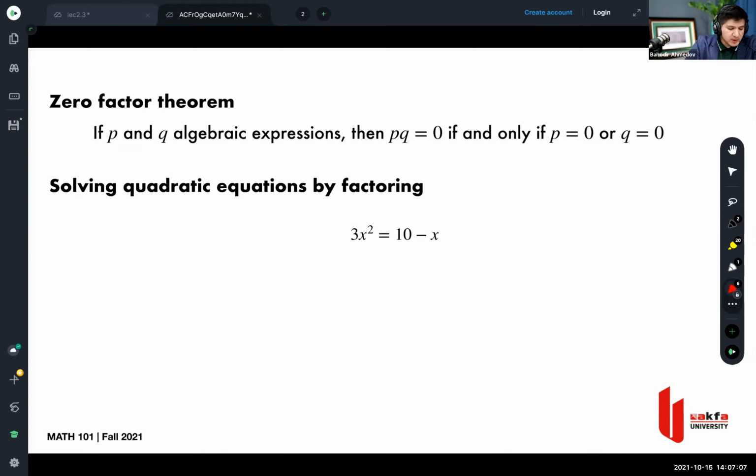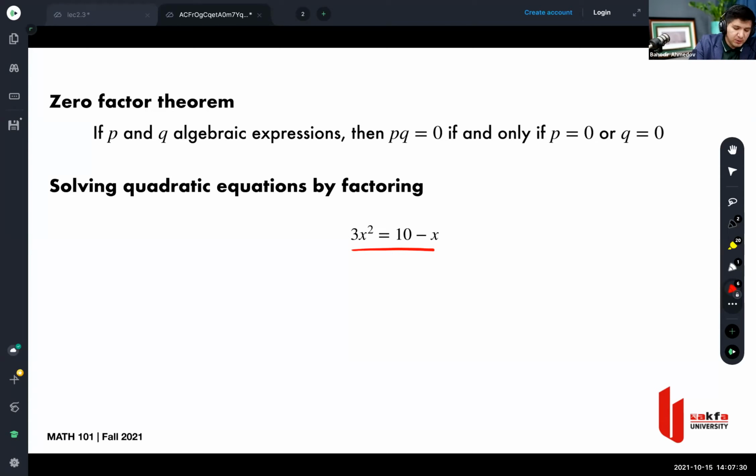Okay, so there is something called the zero factor theorem, which basically tells us that if the multiplication of two algebraic expressions is equal to zero, then it means that either one of them is equal to zero, or the other. So essentially, I think we can solve this kind of quadratic equation by factoring,